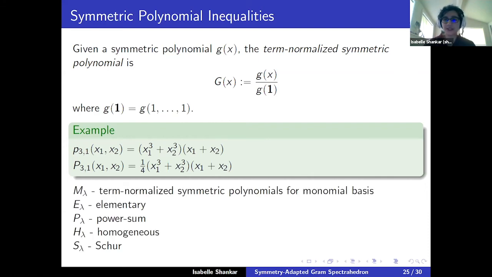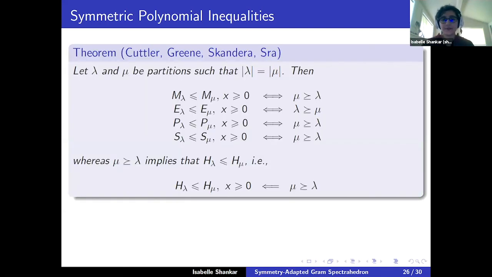And the notation I will use for the basis will again just be the capitalization. So by capital M lambda, I mean the term normalized symmetric polynomials for the monomial basis, E for elementary, P for power sum, H for homogeneous, and S for Schur. Now, I think this was mentioned earlier,